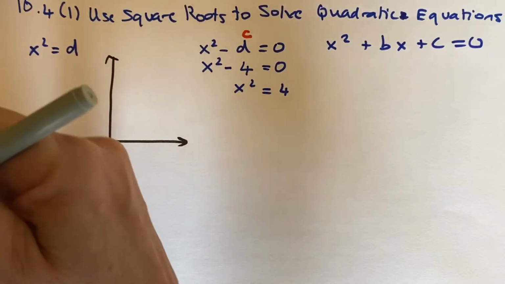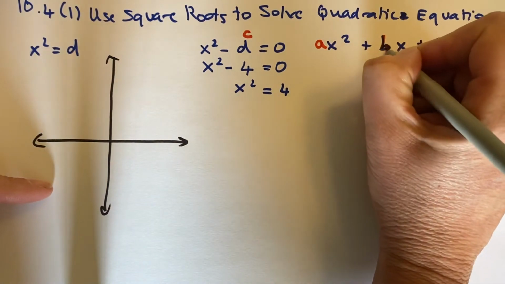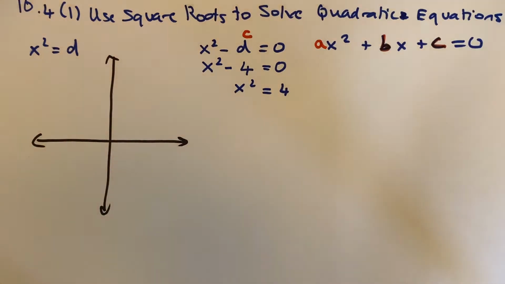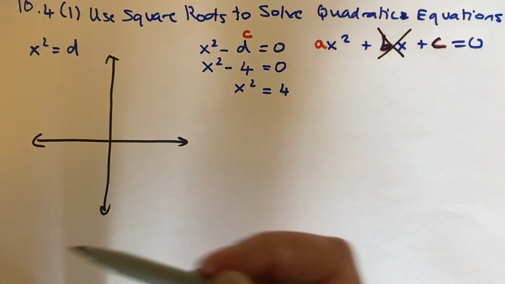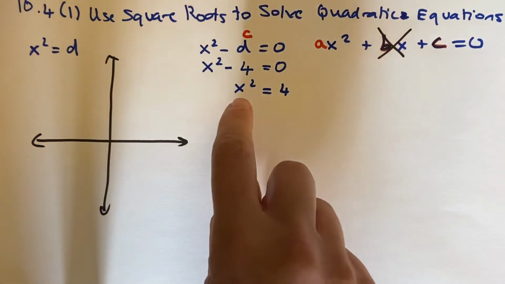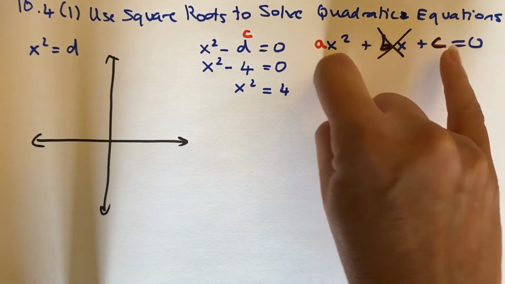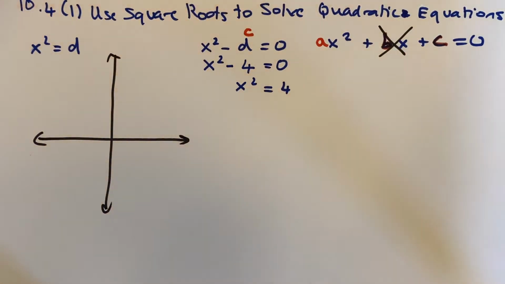Where there's an a, and there's a b, and there's a c. And what they've done for the square root portion is they've taken out the middle part and simplified it to ax squared plus c. They're basically saying you just have the x squared term and a number and nothing else. That's how they're getting this, and that's why it's going to be pretty easy. This is not a hard lesson at all. So just to show you what is meant,